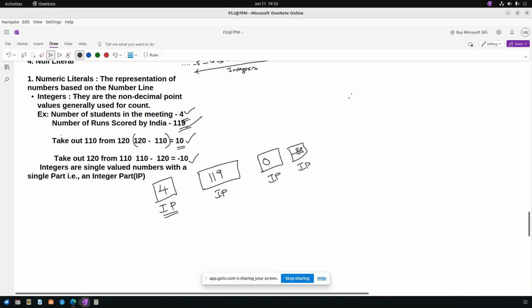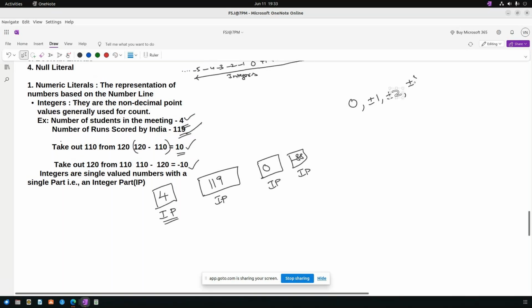So in simple words, 0, plus or minus 1, plus or minus 2, plus or minus 3, plus or minus 4 and so on. All these are nothing but integers. So this is what an integer is. Integer comes under what literal? Numeric literal. Integer comes under the numeric literal. Okay. Next we will talk about